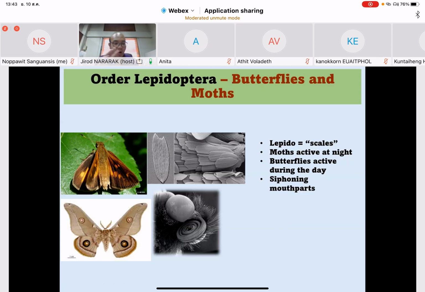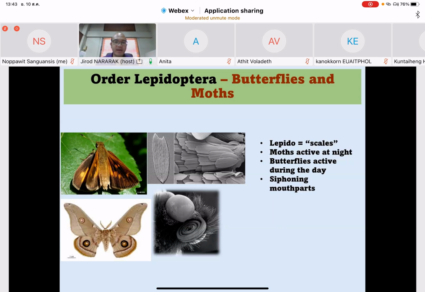Actually their wing is a membrane wing, but it is covered by scales. Another characteristic of this order is their mouthpart, which is a siphoning mouthpart that they use to feed on nectar from flowers as adults. And so they have two kinds of